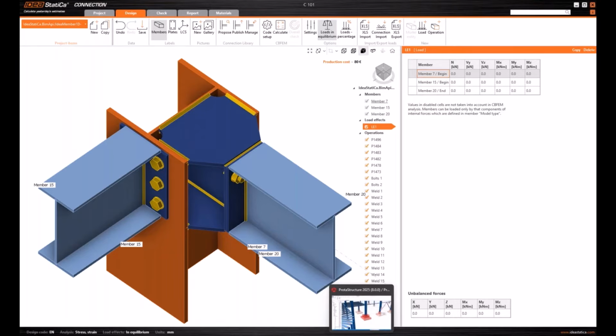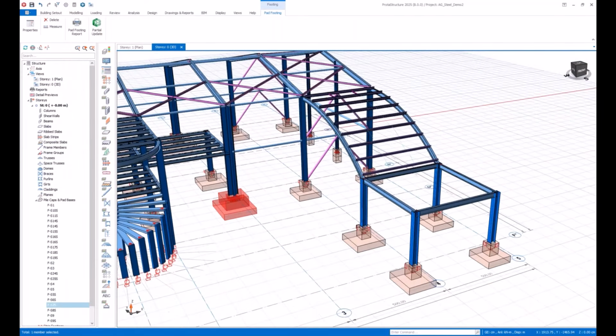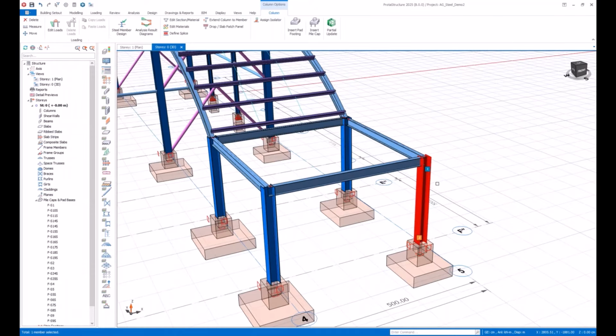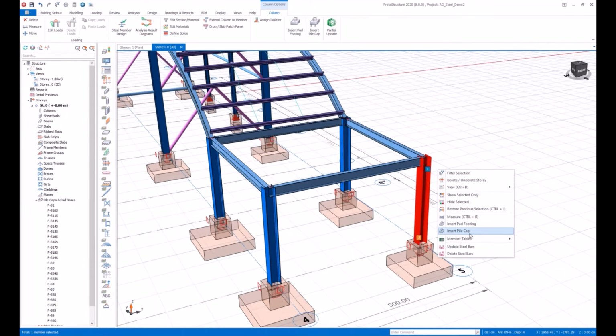But you can overcome this manually for now. What you can do is use ProtoStructure. I think we have used this one, right? You can use the information that you can obtain from ProtoStructure.